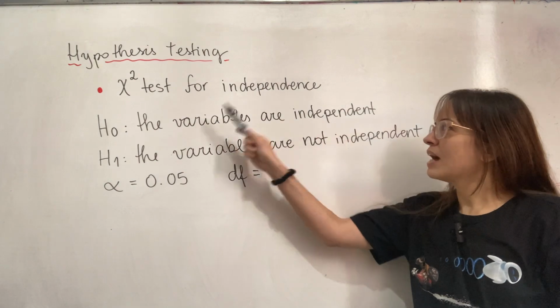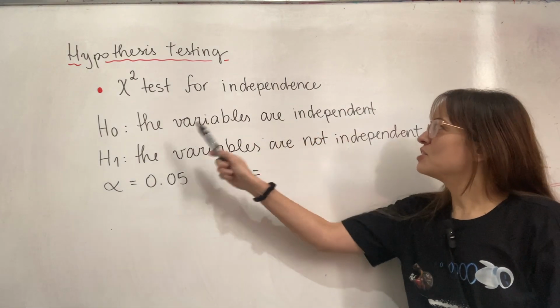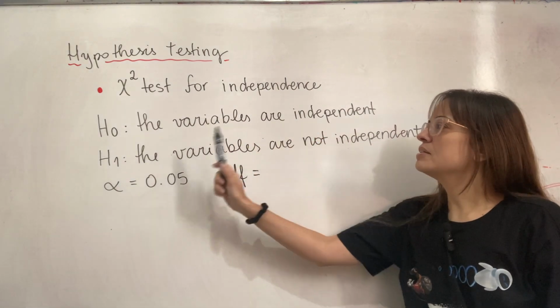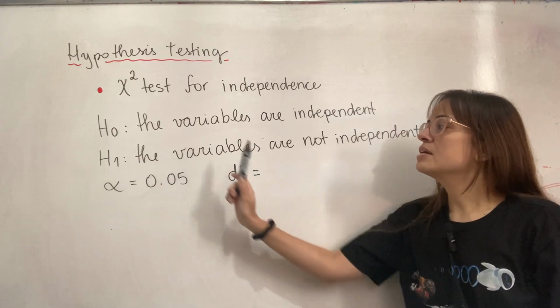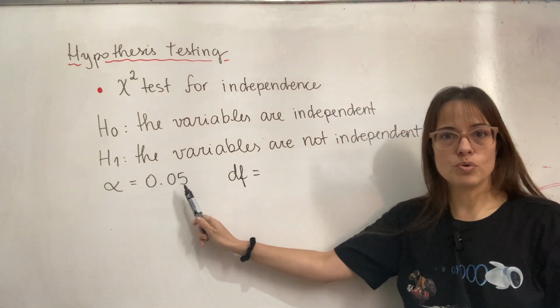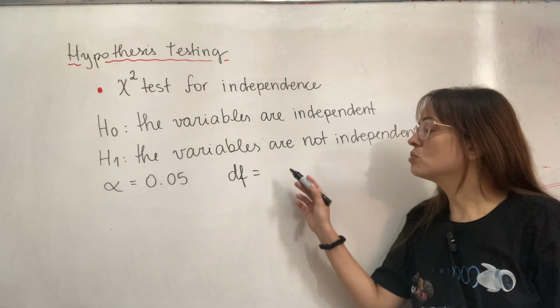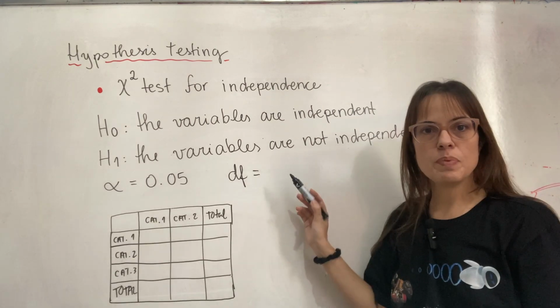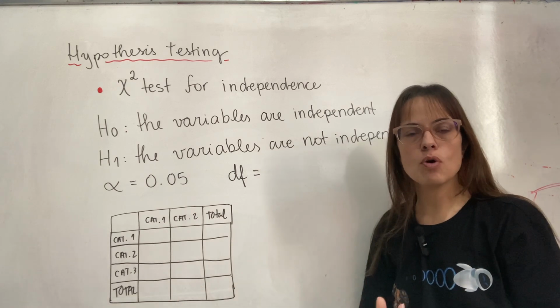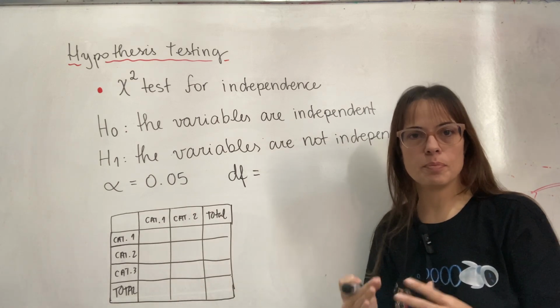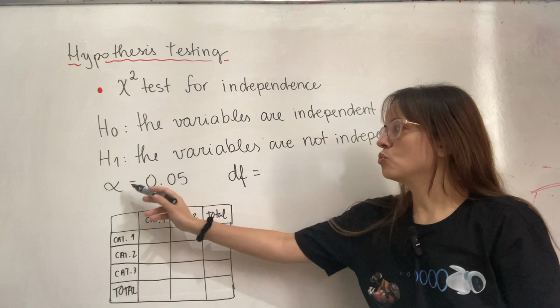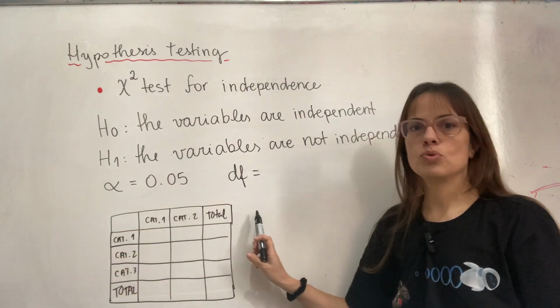So, chi-square test for independence. H0: the variables are independent. H1: they are not independent. Significance level, we are going to keep using 0.05, and the degrees of freedom are going to depend on the structure of how we are categorizing our pairs of numbers according to one variable and according to the other